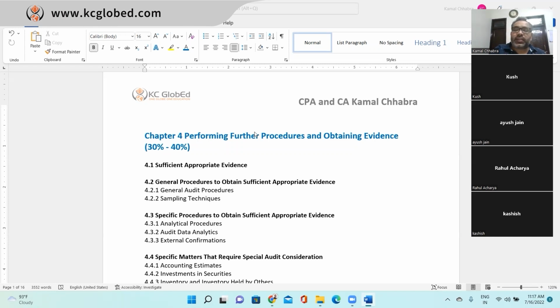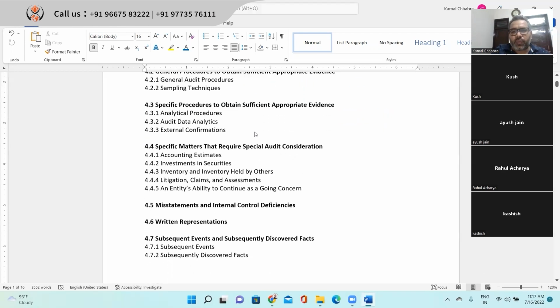Then after that comes external confirmation. I know we have discussed many times that external confirmation is from lawyers, customers, bankers, lenders, right? Are you guys with me? Yes, sir. Third party mainly, an independent party. So we'll be learning on those sides as well, on the confirmation.